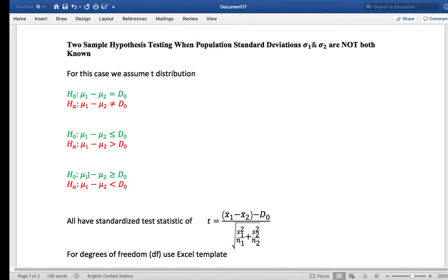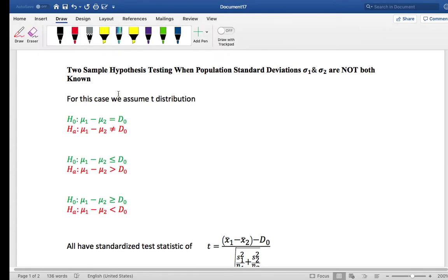You can see that everything looks very similar to when we had the normal distribution. This looks the same. The test statistic looks very similar. It's not exactly the same. Instead of having sigmas in here, because we don't know them now, we put S's, the sample standard deviations. Everything is fairly similar. I mean, we could flesh it out right here. So we can actually say, look, for this particular one here,